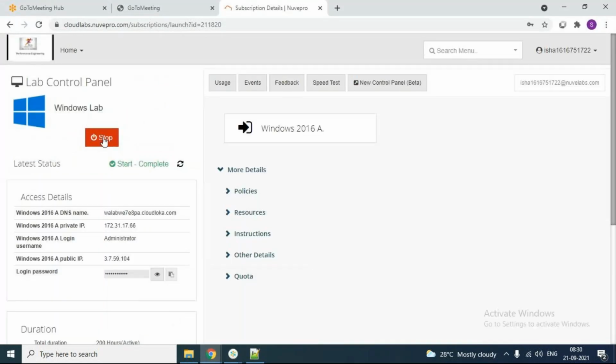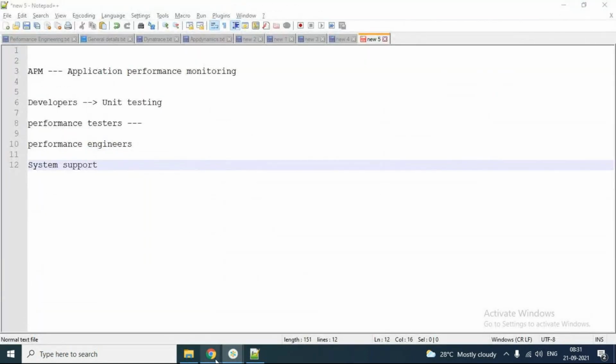They see which server is facing a problem. They raise a ticket, level 1 ticket, level 2 ticket, level 3 ticket, like that. They create a ticket assigned to the respective team, get it done, and then recheck whether the application is working or not. The system support team is doing this kind of work, right?